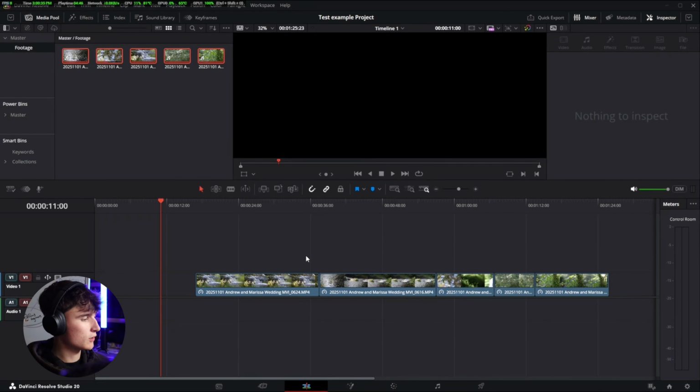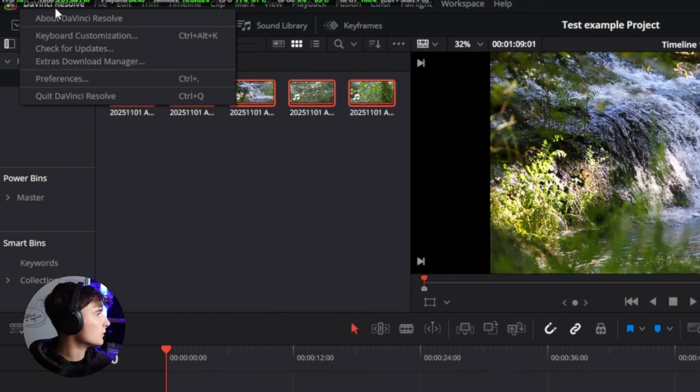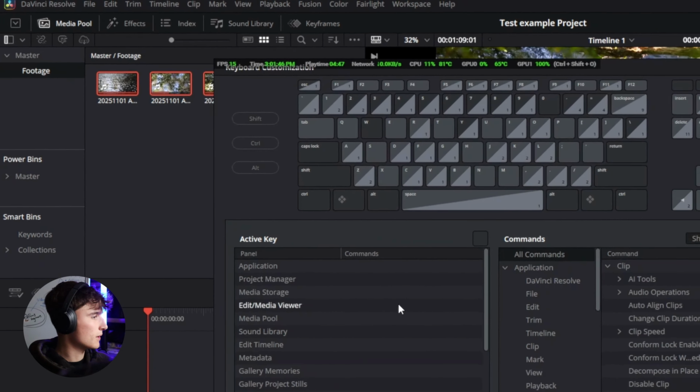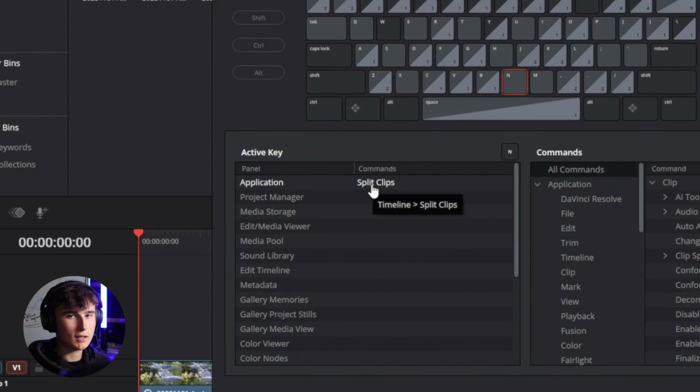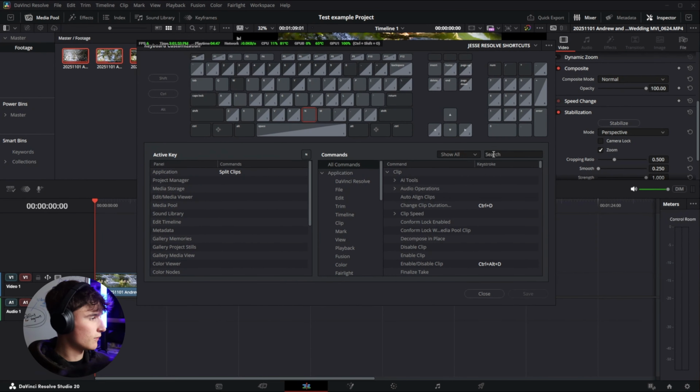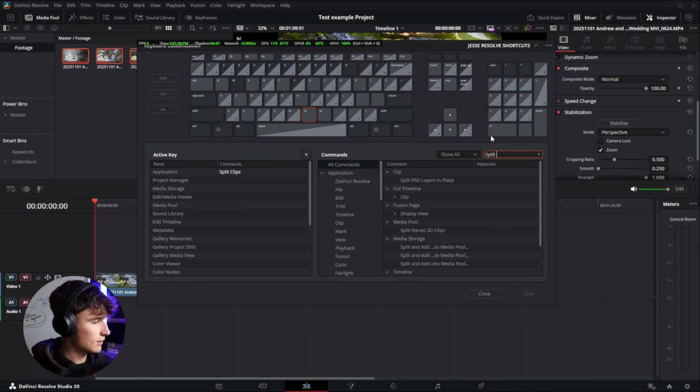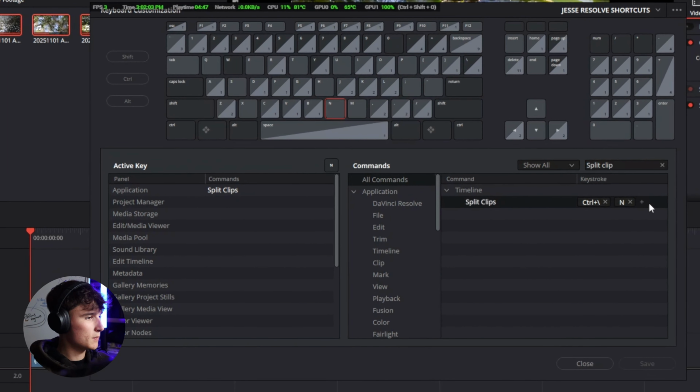I've already got my footage that I'm going to be using down on the timeline, and to start things off we'll come up to DaVinci Resolve, keyboard customization, and the first one that we want to set is called split clips. To find it, you can just go over here to the search bar and type in split clips. So there we are, and from here we're going to come to the little plus icon and hit that, and now you can press whatever key on the keyboard that you want to set to your split